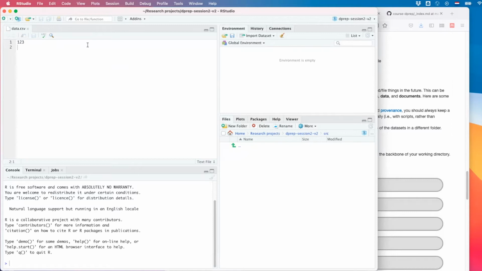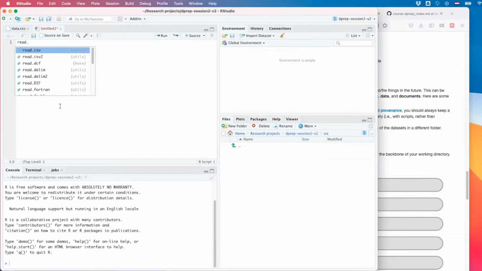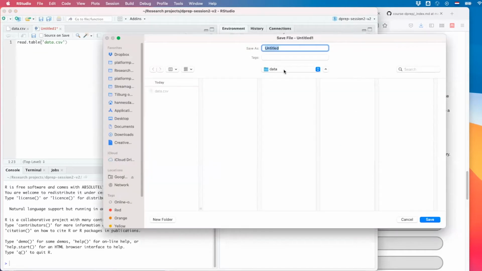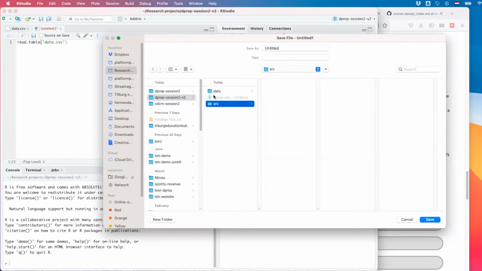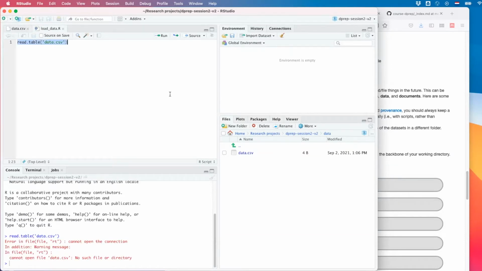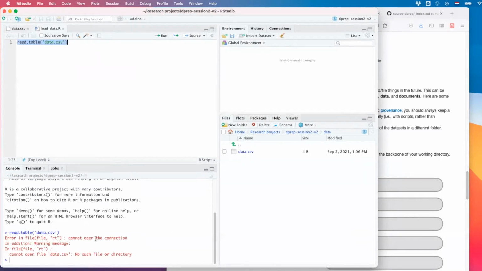And I'm in the source code, and I'm creating a source code file, an R script, and I'm trying to load this data set. I do this read table, and the name of this is data.csv, right? And I'm saving my source code file in the source code folder. I call it load data. All right, so I'm trying to run this now, and R gives the message that it can't do it because it doesn't find the file. This is the most typical problem for everybody that starts using R.